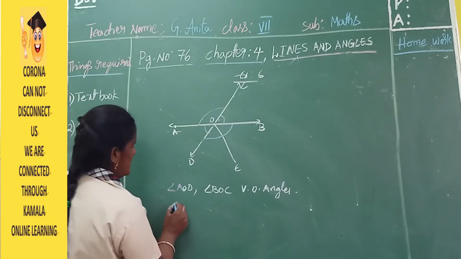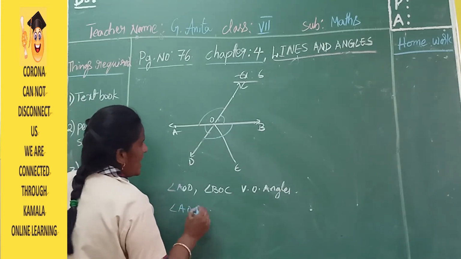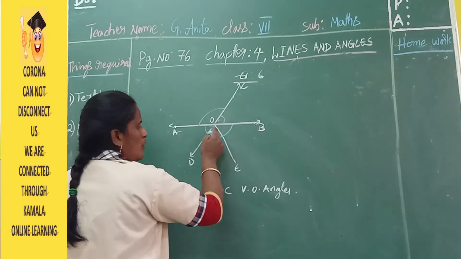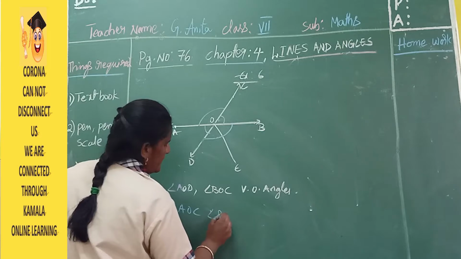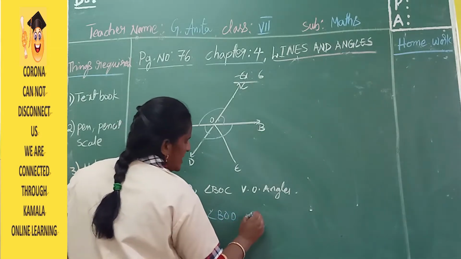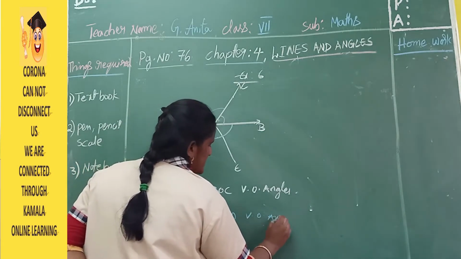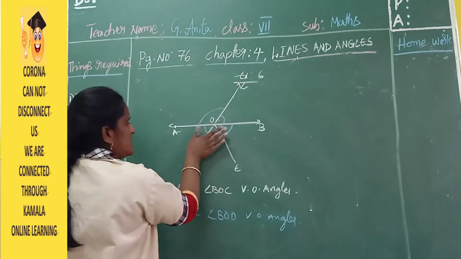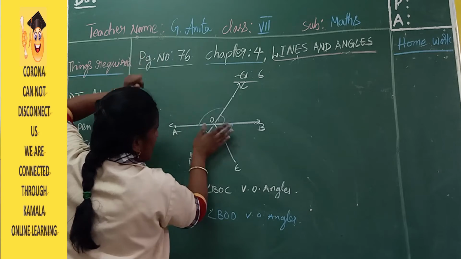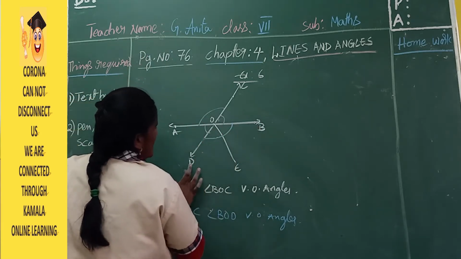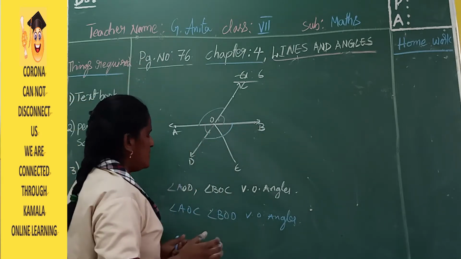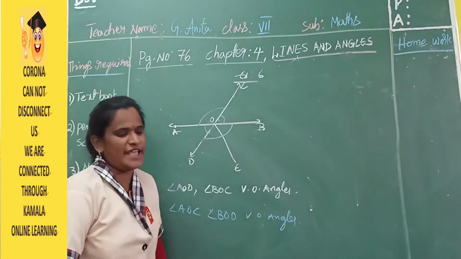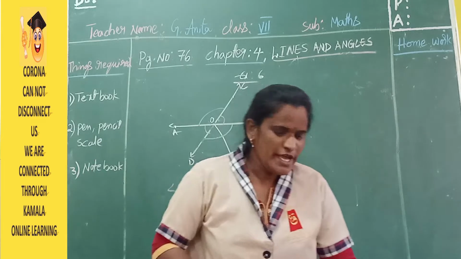So angle AOC and angle BOD are vertically opposite angles. Angle AOC, the complete angle, and the complete angle BOD. These are the vertically opposite angles. Got it students? Okay. Next,